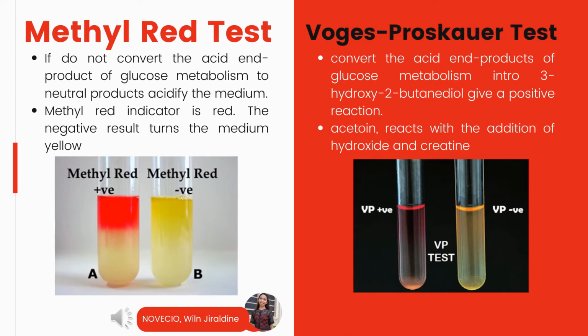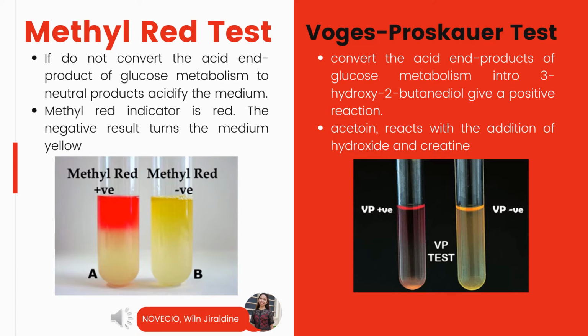Some bacteria have the ability to utilize glucose and convert it to stable acid like lactic acid, acetic acid, or formic acid as the end product. These bacteria initially metabolize glucose to pyruvic acid, which is further metabolized through the mixed acid pathway to produce the stable acid. The type of acid produced differs from species to species and depends on the specific enzymatic pathways present